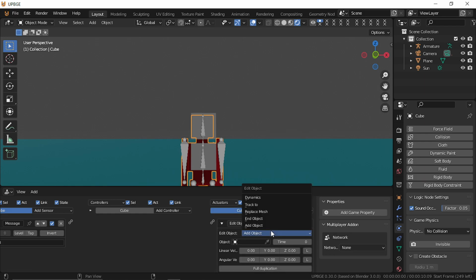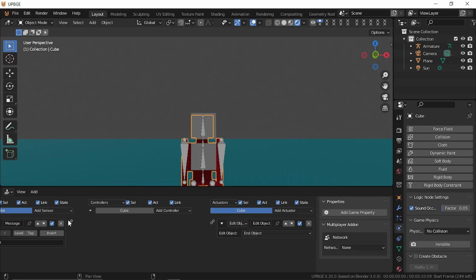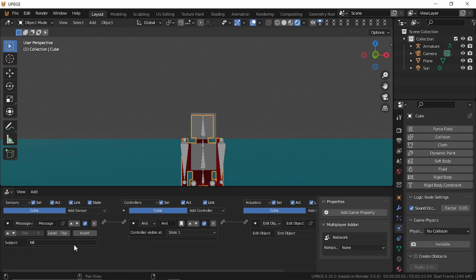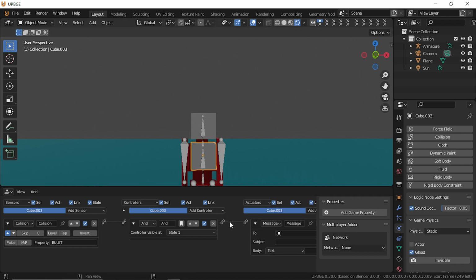Now I'm just gonna do edit object, and I'm gonna do end object. Just like that. Now remember, it's a message kill, it's a true false, and that's it. Now it's gonna end the object. For this one, it's gonna go ahead and